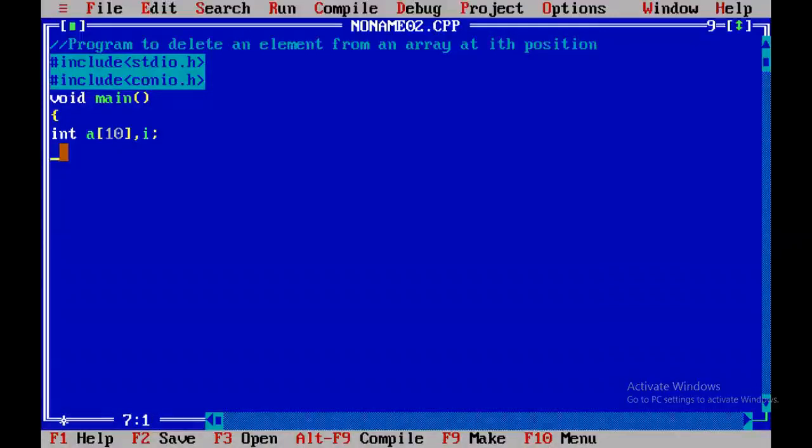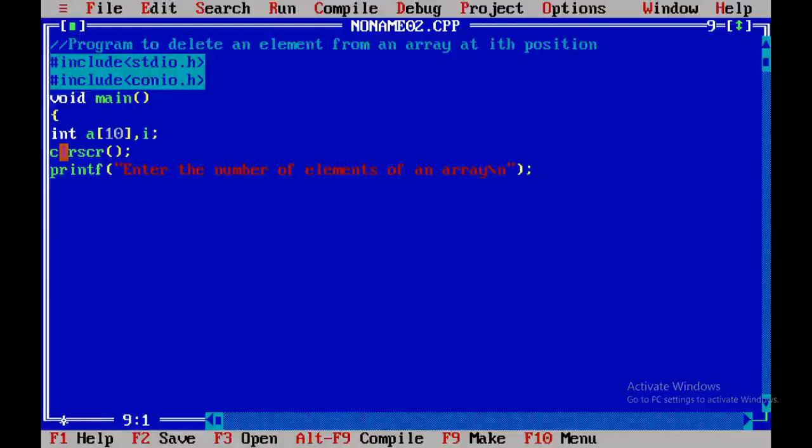Okay. And next, what I do is I'm going to ask the user to enter the size of an array. So I'll write printf, enter the size of an array, or enter the number of elements of an array. So the user will enter the value of n.